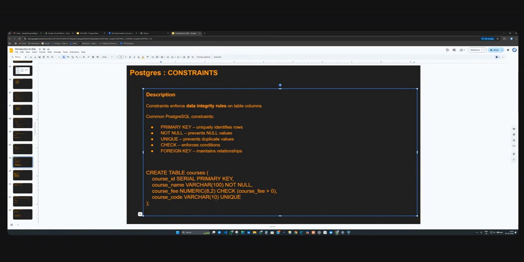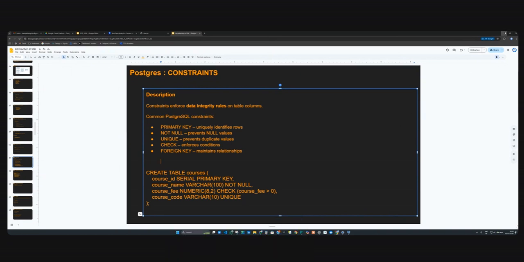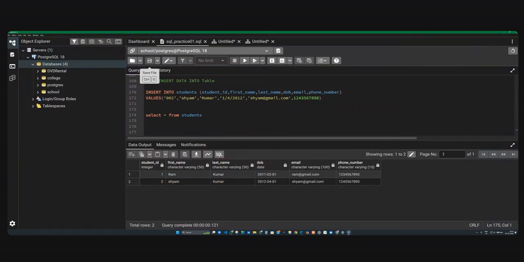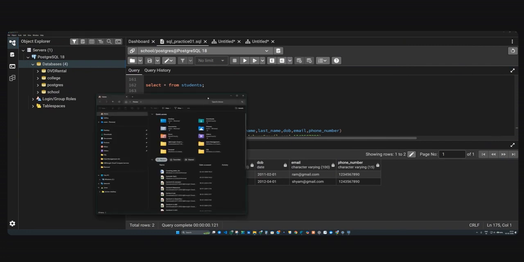And course ID unique. See, we'll create all these things tomorrow, guys. For today, let me share this one. SQL practice 01. Give me a minute. First, I'll share it. You can copy those commands and then